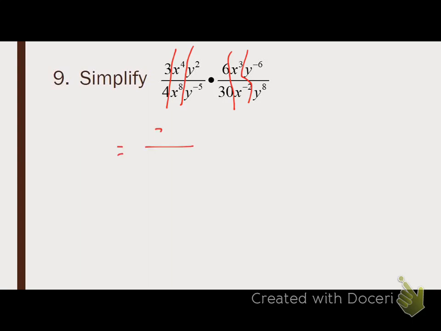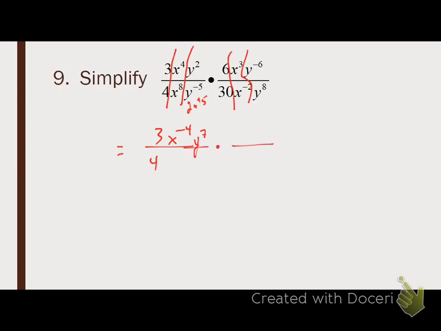So 3 over 4 stays 3 over 4. The x's, 4 minus 8 is negative 4, so x to the negative 4th. 2 minus a negative 5 means I've got to make that plus 5, so 2 plus 5 is y to the 7th. And that's going to be times